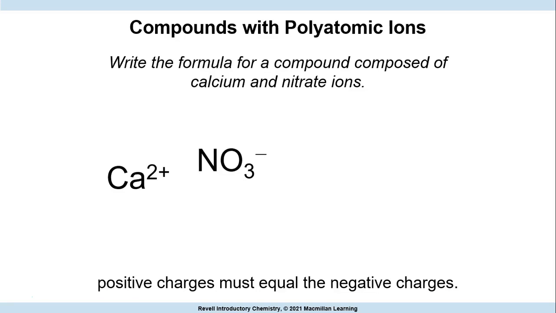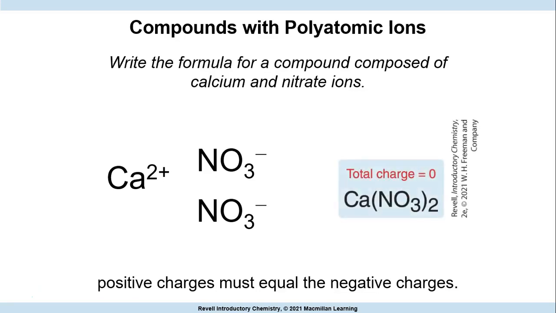The calcium ion has a charge of +2, and the nitrate ion has a charge of -1. So for the charge to be balanced, we need 2 of the nitrates. So 2 of them and 1 calcium. You see that the charge will balance out, and the formula of the compound will be